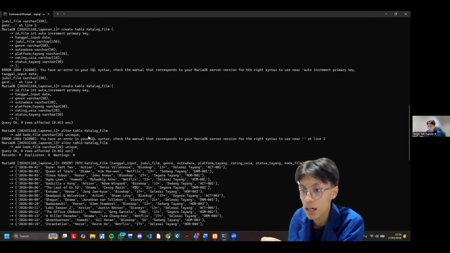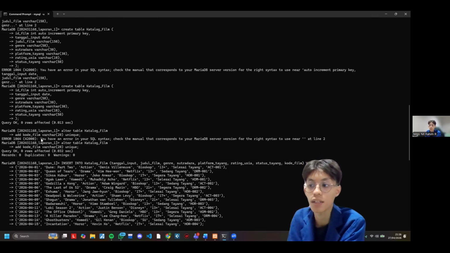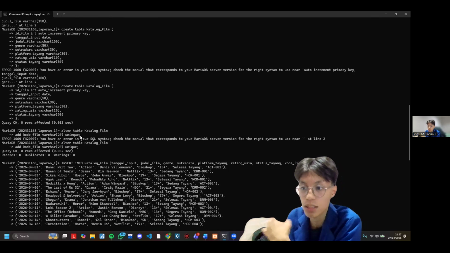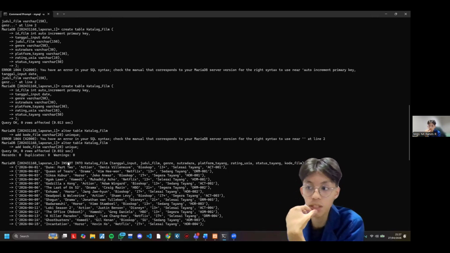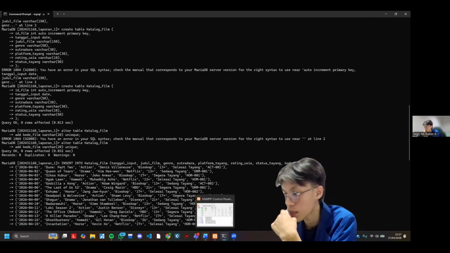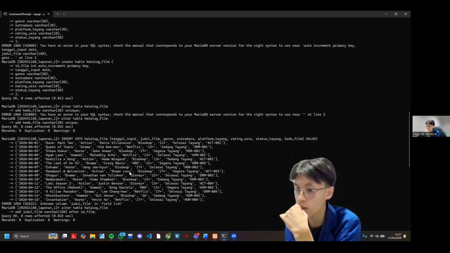After this, I'll make an alter table of catalog film, and I'll add kode film based on the question. Add kode film with varchar with a length of 20, and this must be unique because the question says so.